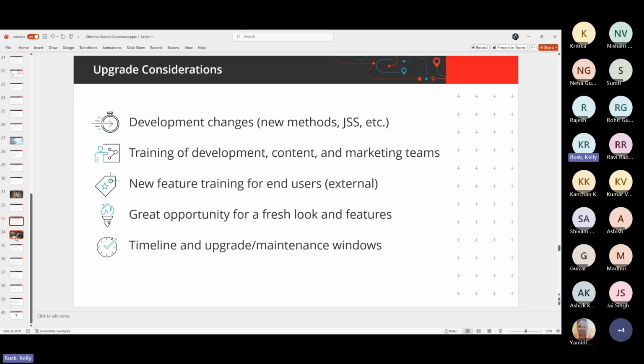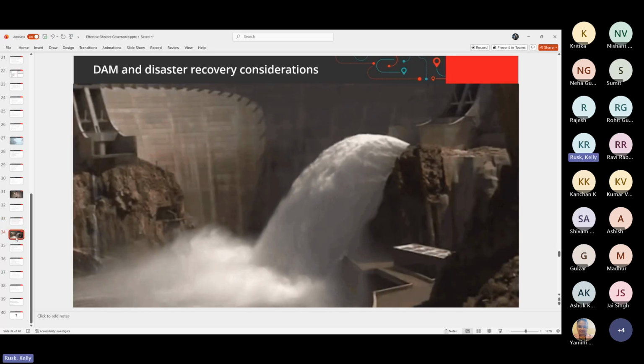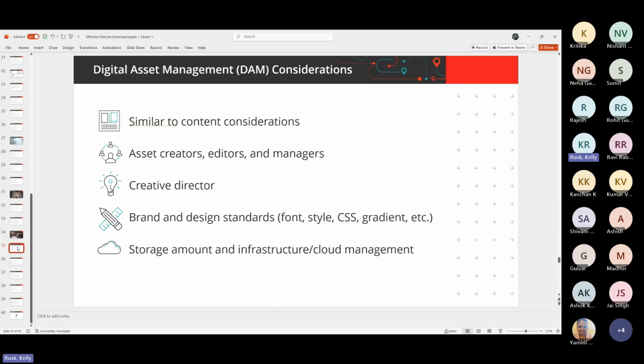Something can always go wrong. And that's where we talk about two aspects, right? Digital asset management and disaster recovery. Your images and content can get quickly out of control, and disasters can and will happen. You need to define what a disaster is. And before we get into that, you need to talk about all your content. I can't tell you how many times a website goes slow because you've not taken a good look at digital asset management and how you manage your images.